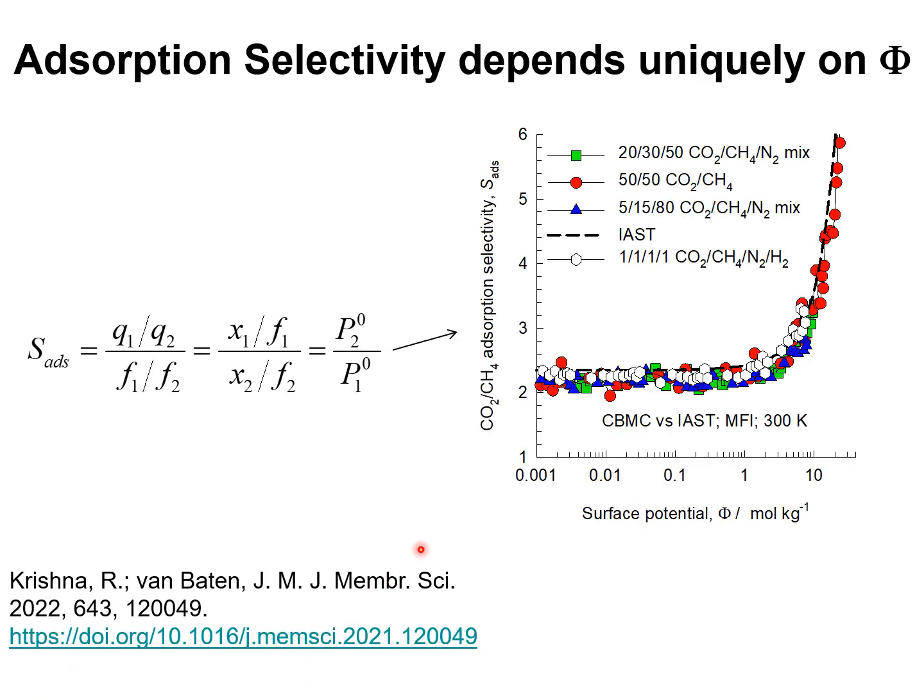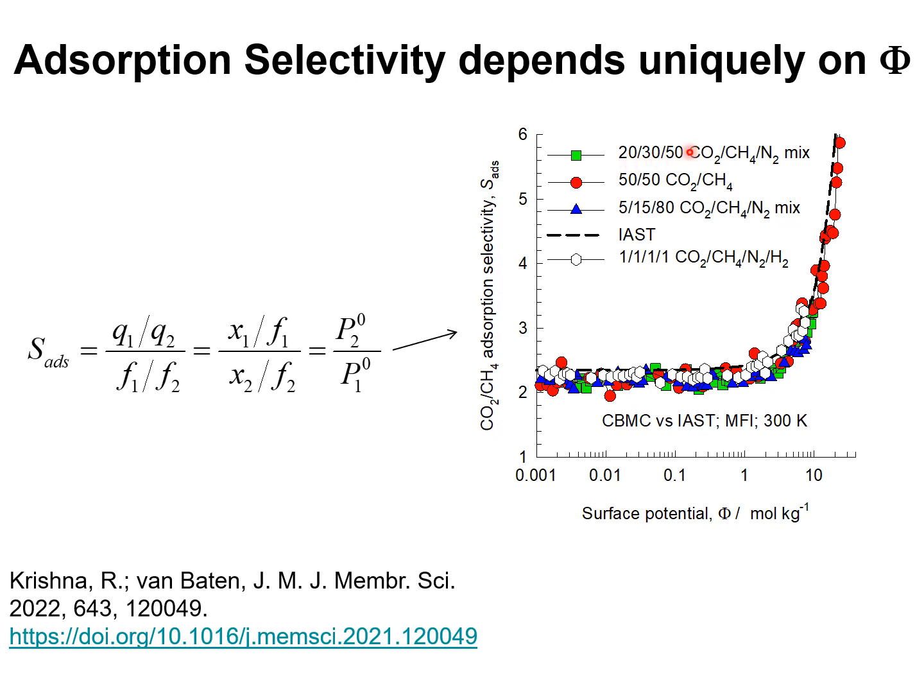In order to demonstrate that the adsorption selectivity for an ideal adsorbed mixture depends uniquely on the surface potential, we carried out CBMC simulations to determine the carbon dioxide methane adsorption selectivity in MFI zeolite for 4 different mixtures: a 50-50 binary CO2 methane mixture,